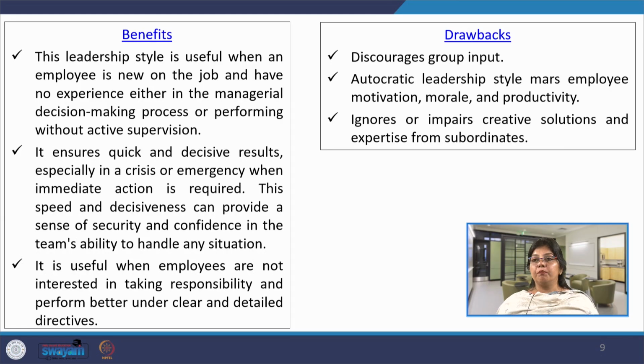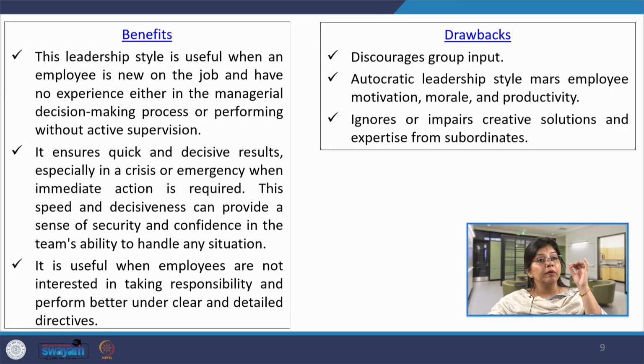For example, when the group becomes large, any responsibility that has been given to one particular member, maybe he would engage in the tendency of social loafing. That means passing on his responsibility to the other person's shoulder. So, while understanding such kind of behavioral patterns that exist in any organization, autocratic leadership plays a very important role,